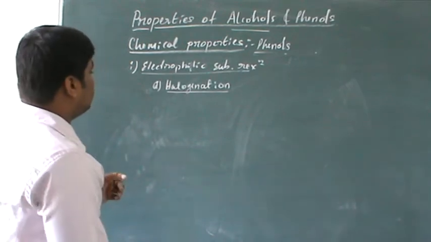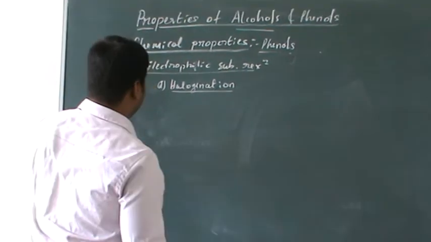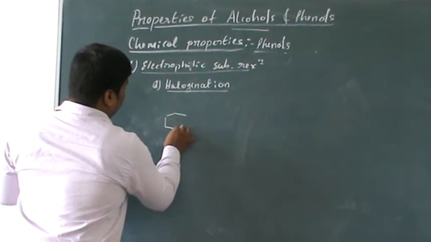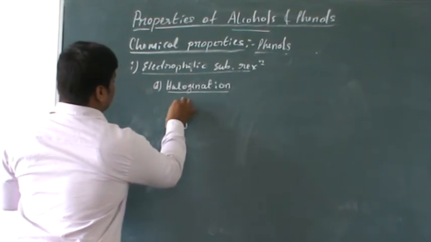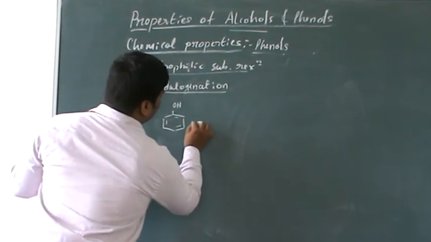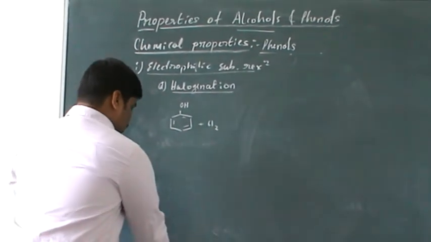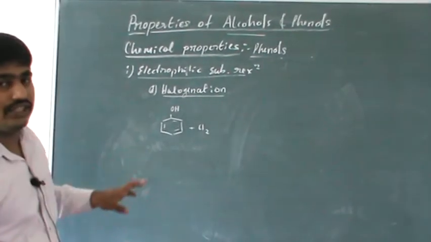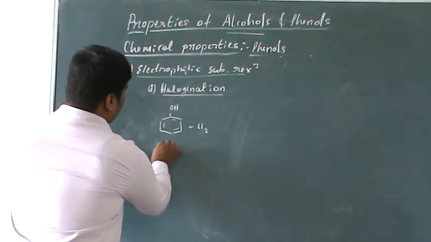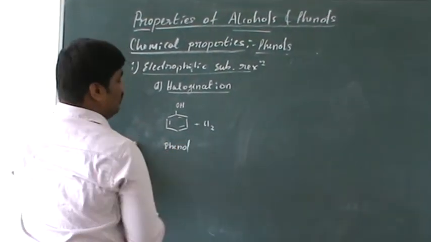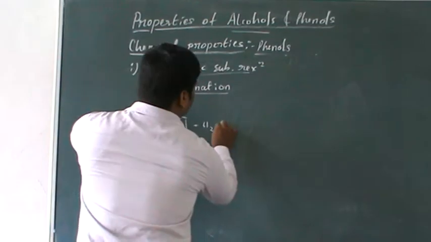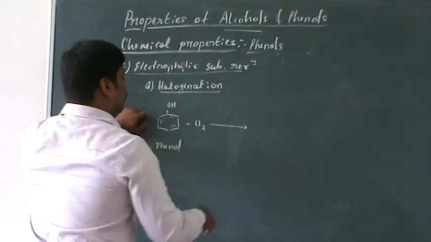So the first is halogenation of phenol. When phenol is subjected to halogenation, depending upon the halogen, it produces a product. In case of halogenation, I consider chlorination. When phenol is subjected to chlorination, it produces